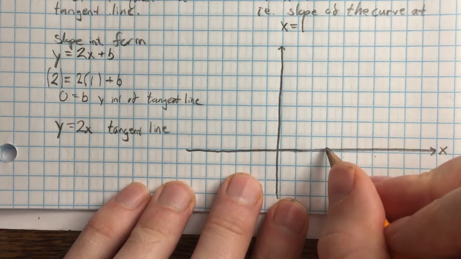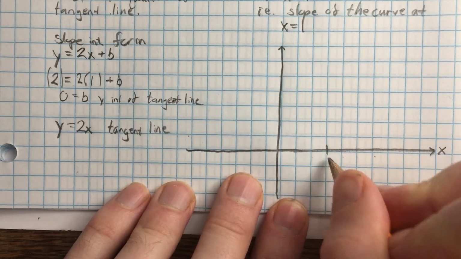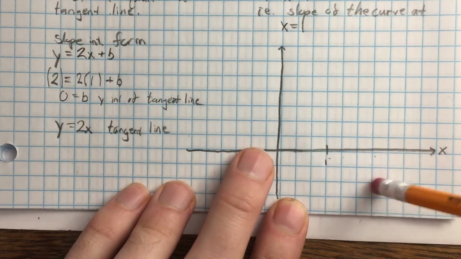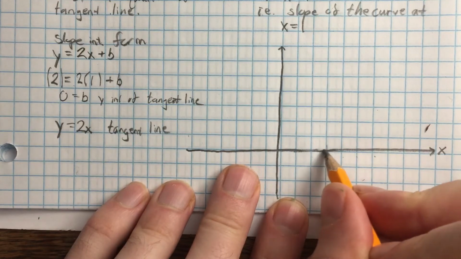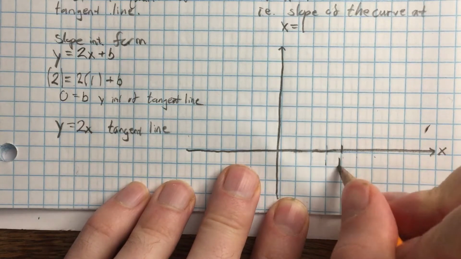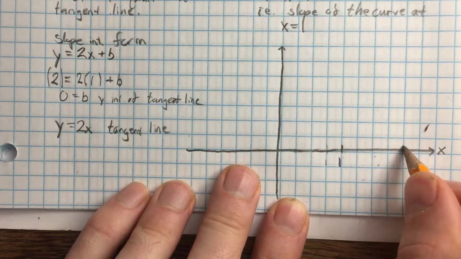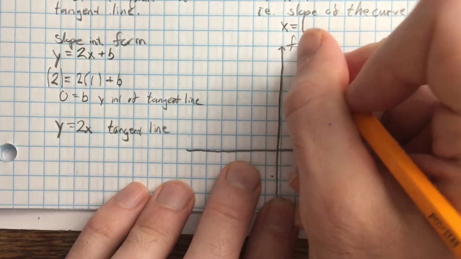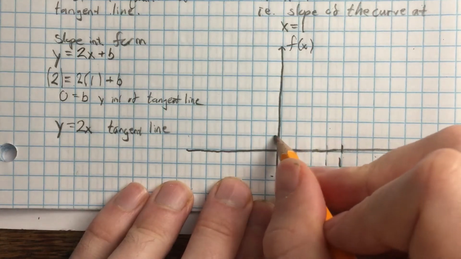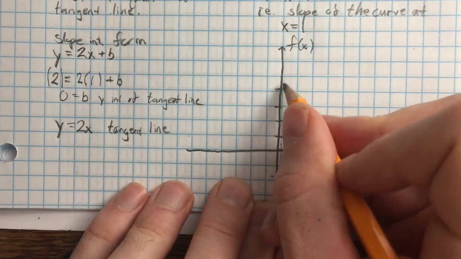Let's just do this. Here's 1. Change my mind. Let's go 1 further over. Scale it by 4 squares is 1. There's 1, 1, 2, 3, 4 more squares is 2. If this is supposed to have the graph of f of x on it, then 2, 3, 4, 5,